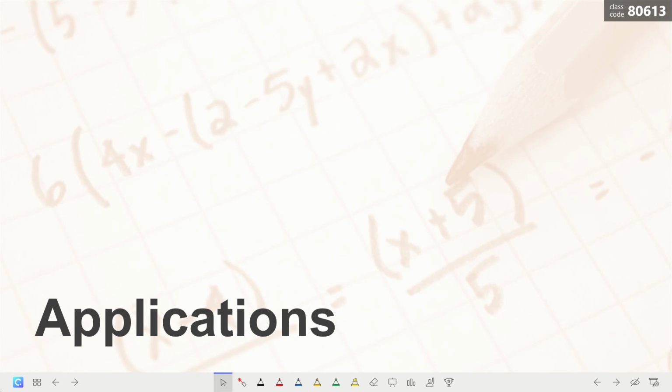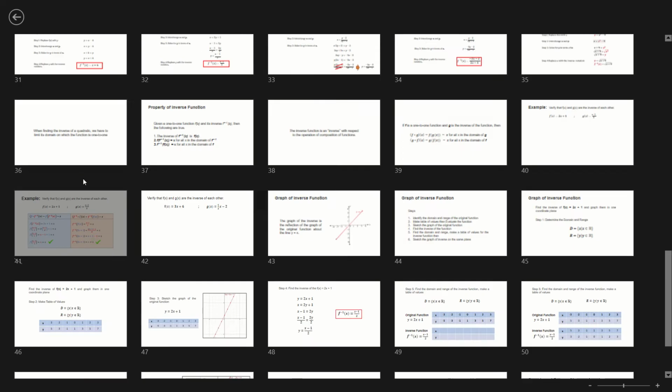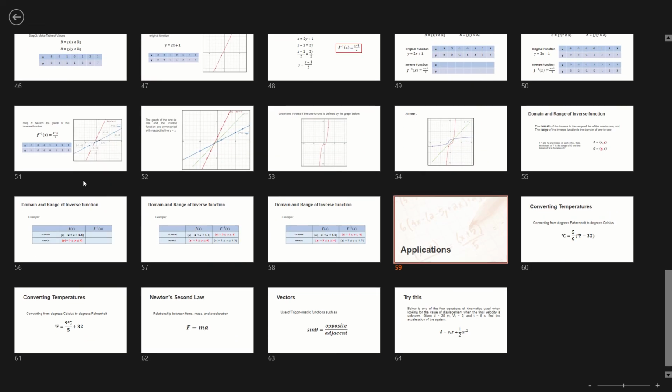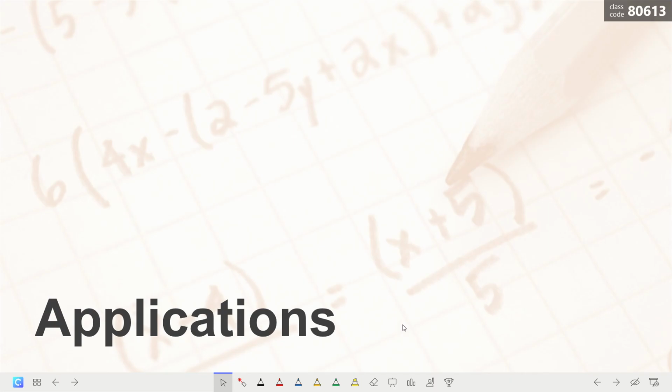Okay, so let's now go to some of the applications. So, before we discuss some of the mathematical applications, let us first go to our okay, so wala pala. Okay, so di ba, with the implementation of the K to 12, every student has their own